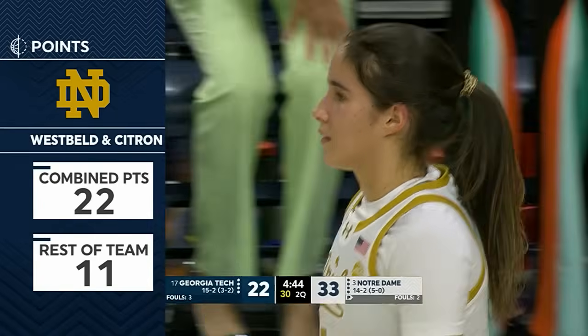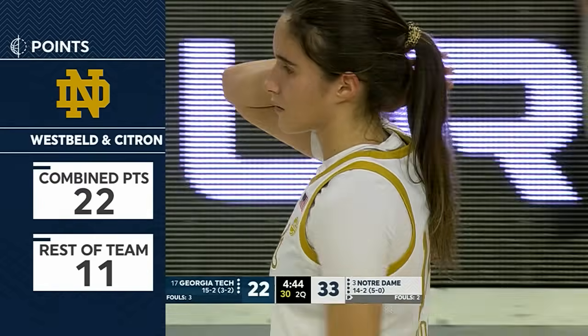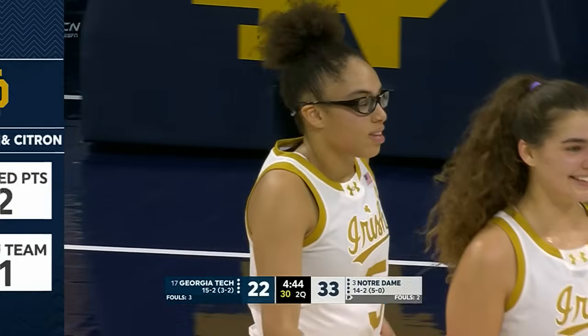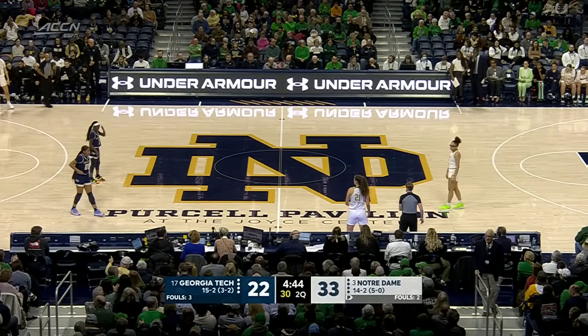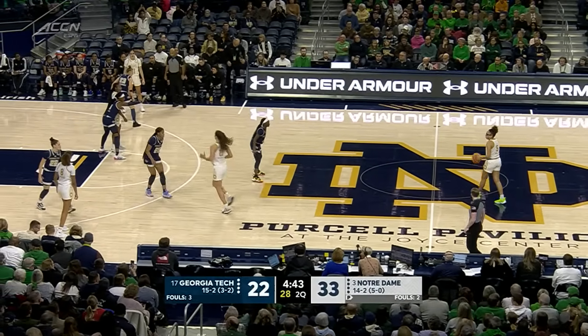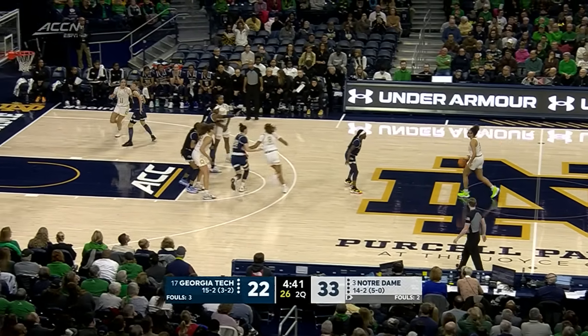Olivia Miles has not scored yet. Notre Dame is 6 for 7 so far in the second quarter. All 6 of those field goals came from Westbeld and Citron, who have not missed a shot in this quarter. They found their rhythm in the passing and in the timing and pacing. You see Olivia Miles take a big deep breath. I have a feeling over these next 4 minutes and 44 seconds, Olivia Miles might see a 6 to 8 point